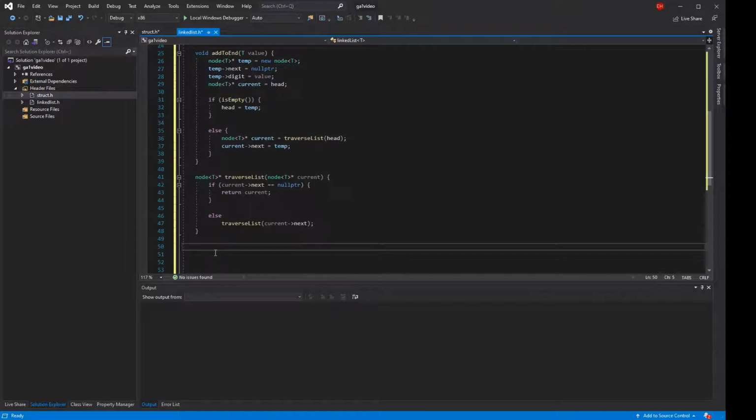Okay, so for our print function, it's gonna be void print, and we're gonna send it a node type t pointer, call it current, and this is what we're gonna use to traverse the list. We have a string concatenate, and the reason why we have this is because the assignment actually wants us to print out the list in separate formats. So the concatenate is there so that we know what to add between the